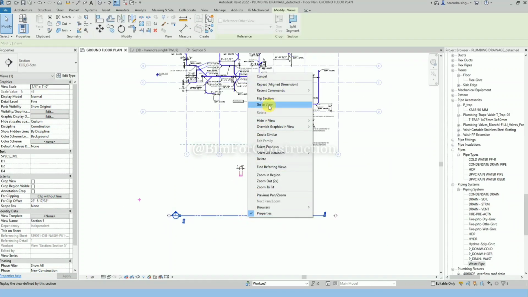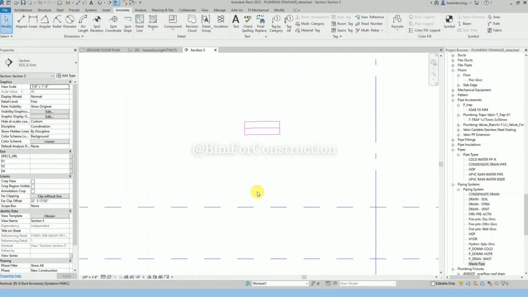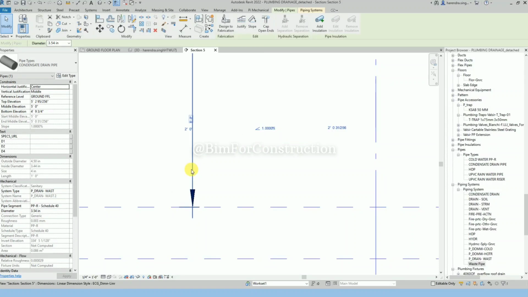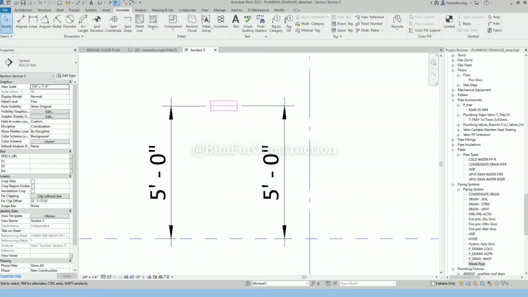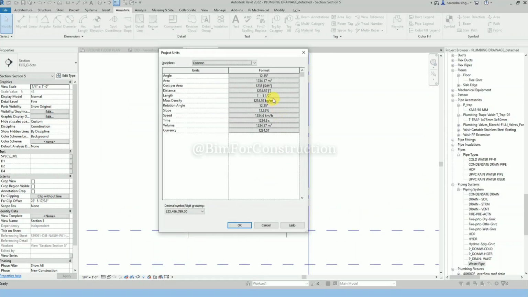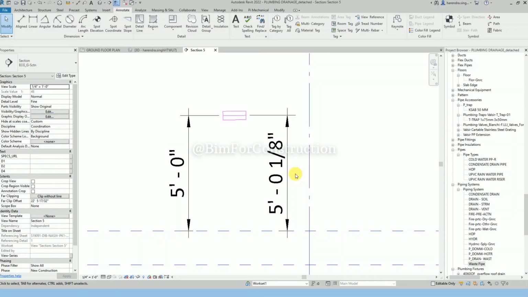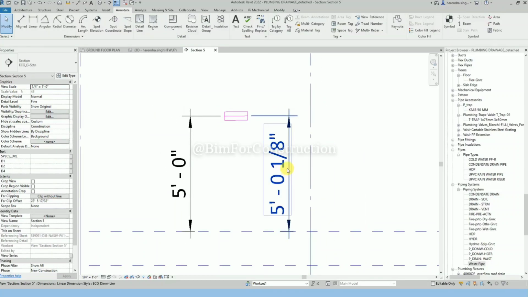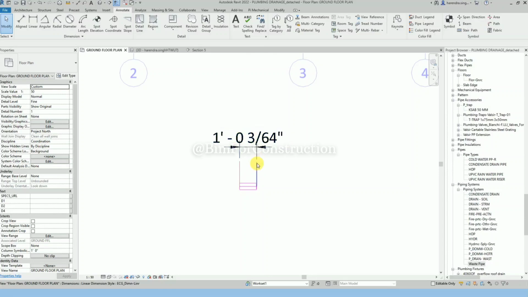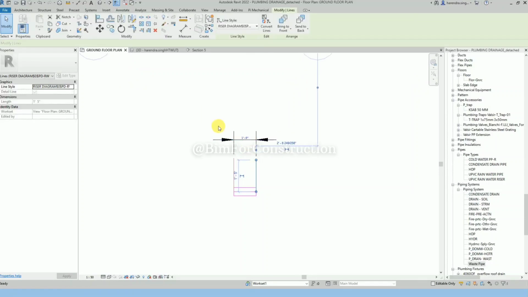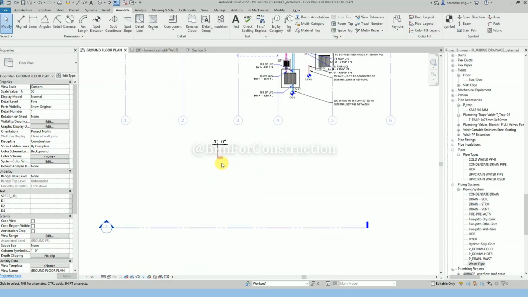So right now 1 feet length of pipe I have drawn with the slope up, and when I measure the dimension, let's make it around a simple value, 5 feet from the ground floor FFL, from where I have drawn my pipe. Let's change the unit. Right now I have taken the rounding to the more value. Let me change from the project unit. So as you can see here, I have taken the 1% slope, and what happened right now, when I draw the pipe, the level of that pipe from the middle to the FFL is 5 feet, and after the 1 foot length it will get 1/8 inch above from the FFL. So this is the 1%,